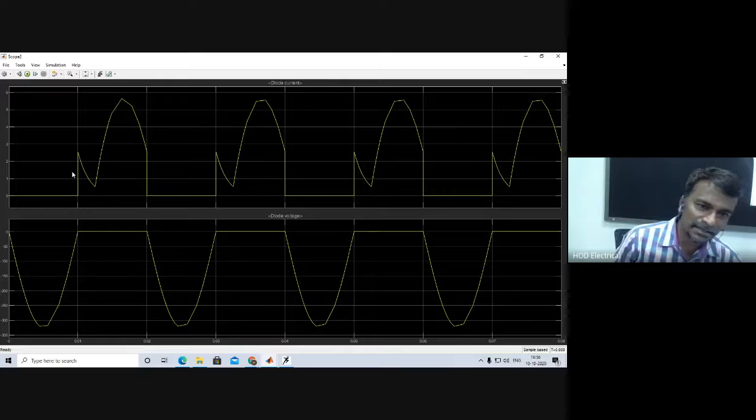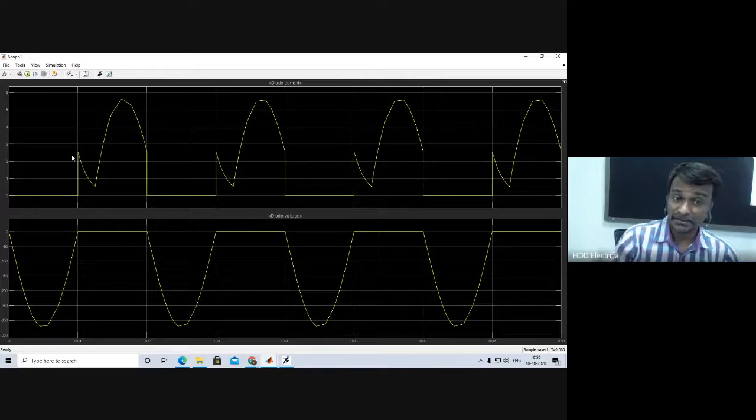Current flowing through will be forward biased till this. The reason here is the freewheeling of this diode. You can see, due to the inductive effect, this shape is due to the freewheeling of T. This is for D1, right? Therefore, T1 and D1 current is flowing through T1 and D1.